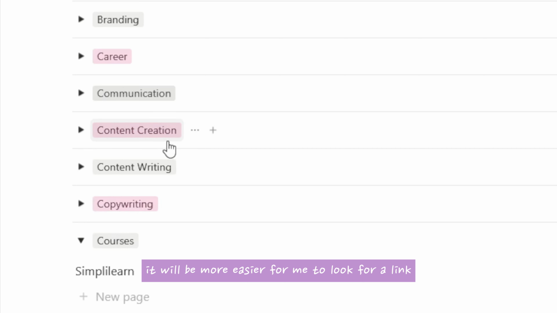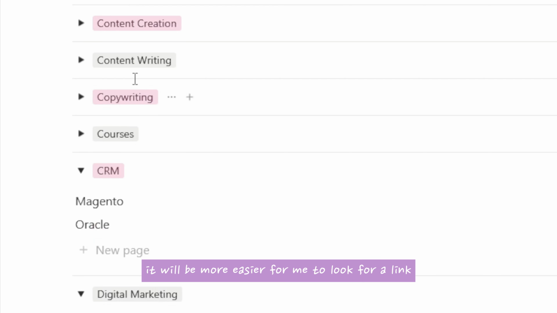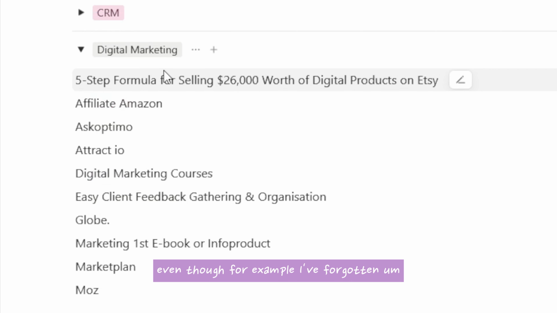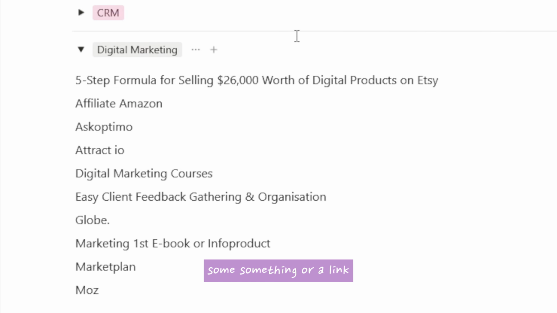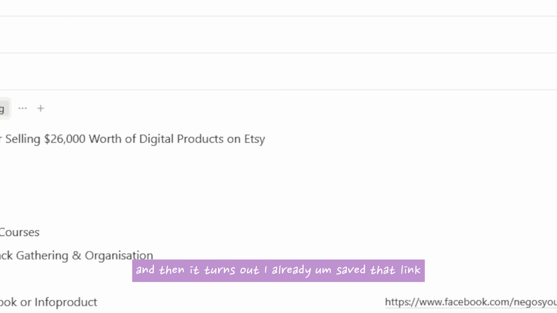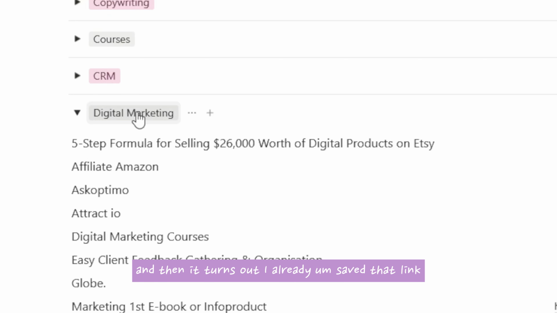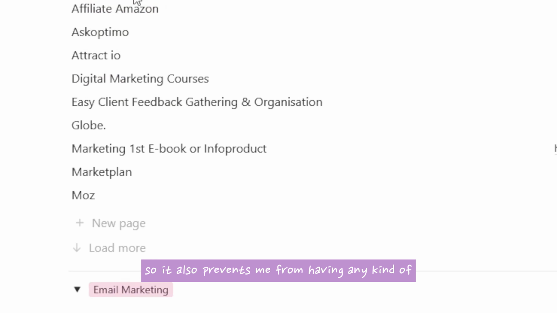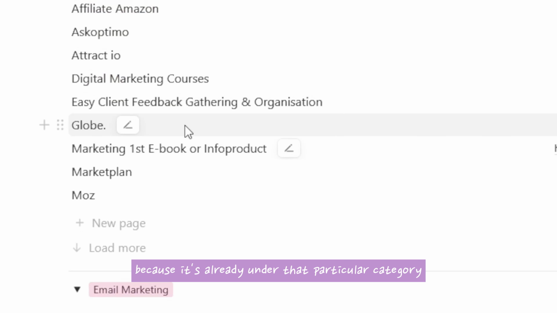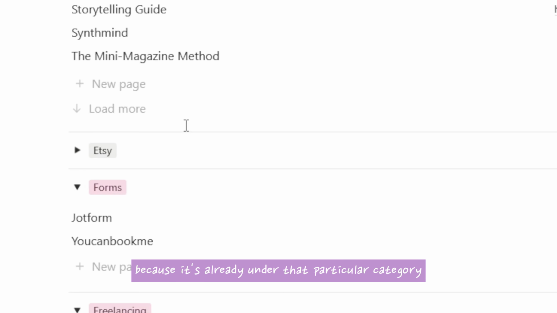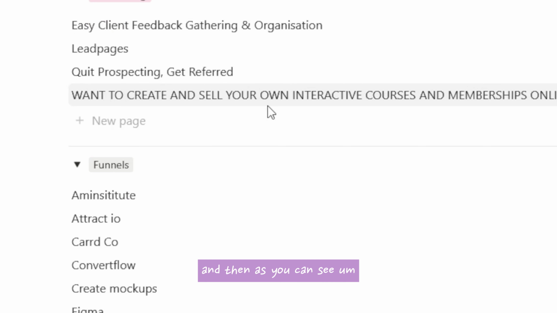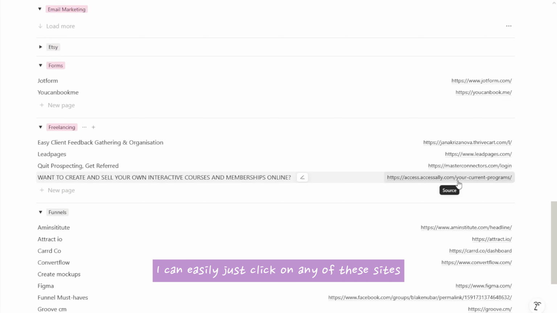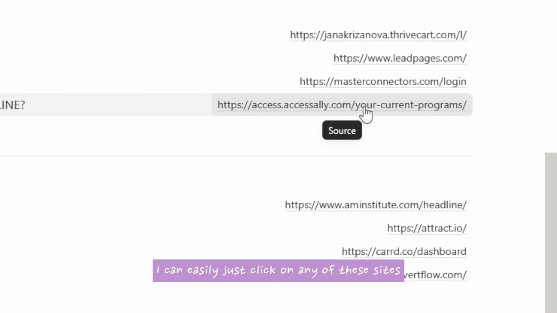That way it will be easier for me to look for a link, even if I've forgotten something or a link, and then I search for it here, and it turns out I already saved that link. So it also prevents me from having any kind of double entry because it's already under that particular category. And then as you can see, I can easily just click on any of these sites